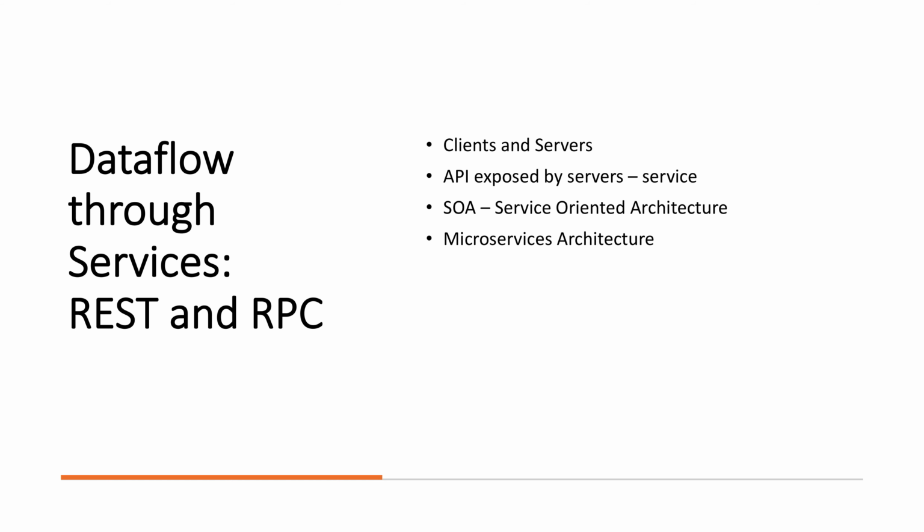This approach is often used to decompose a large application into smaller services by the area of functionality, such that when one service makes a request to another service, it requires some functionality or data from the other service. This way of building applications has traditionally been called a service-oriented architecture and now has been rebranded as microservices architecture. The key design goal of service-oriented microservices architecture is to make the application easier to change and maintain by making services independently deployable and evolvable.